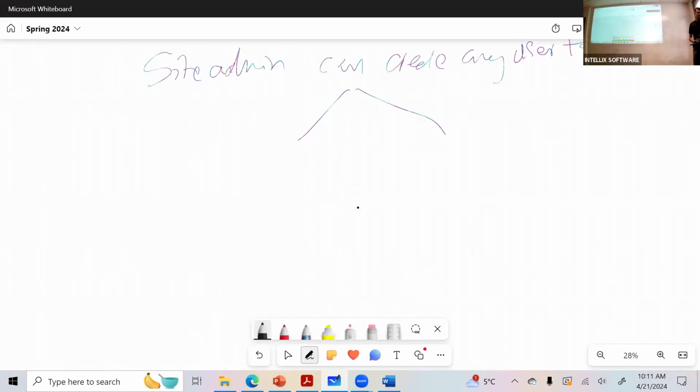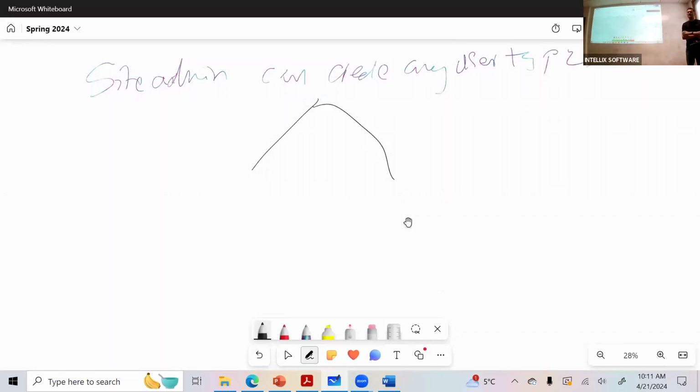Okay, valid username. Now, can you explain to me the requirement here? What is this requirement about? Just explain the requirement. Is the requirement being able to create a username with any user type? Any user type, right?